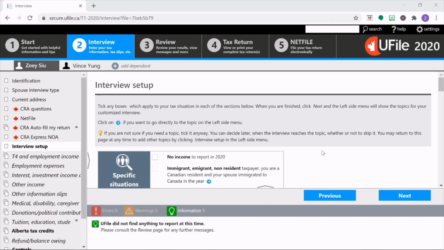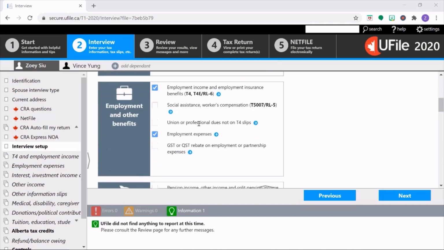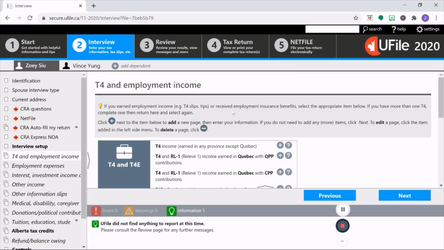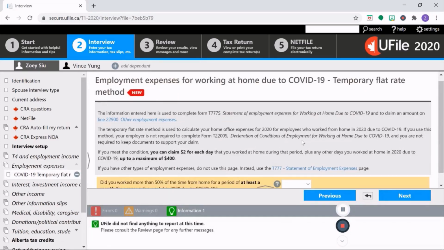Next, we can go to YouFile. In the interview setup, make sure you select employment expenses. Then go to the employment expenses section and choose the T777S for temporary flat rate method. Confirm that you met the condition.